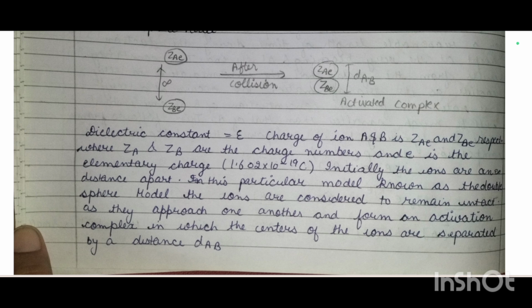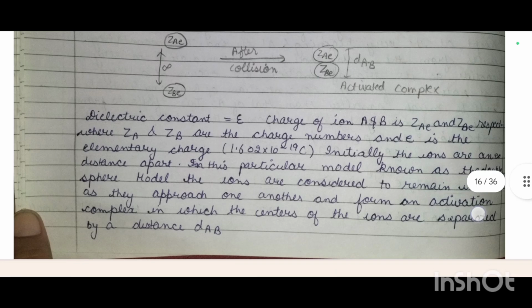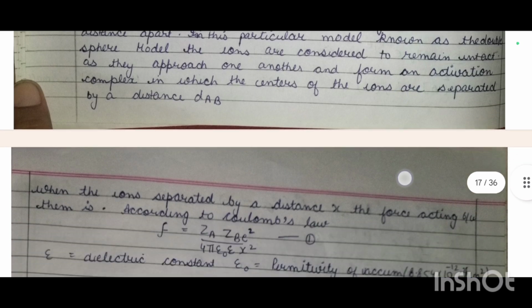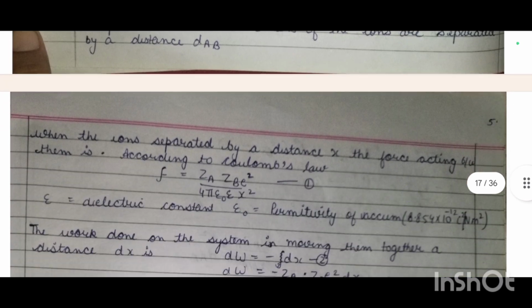Initially, the ions are an infinite distance apart. In this particular model, known as the double sphere model, the ions are considered to remain intact as they approach one another and form an activation complex in which the centers of the ions are separated by the distance dAB. When the ions are separated by a distance x, the force acting between them is, according to Coulomb's law,